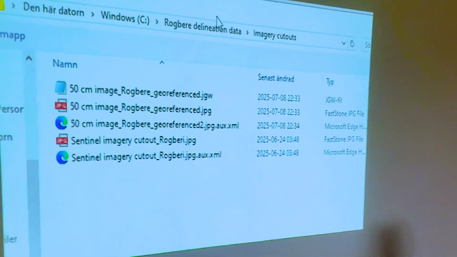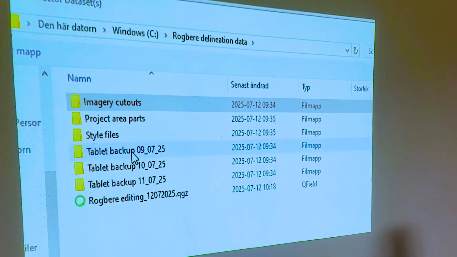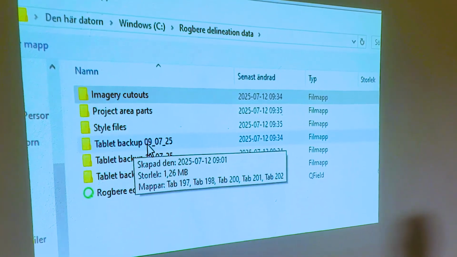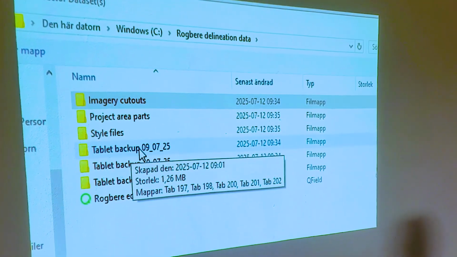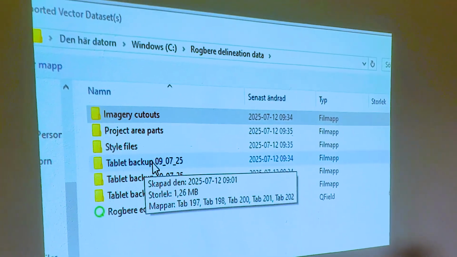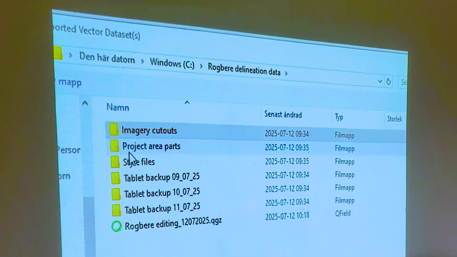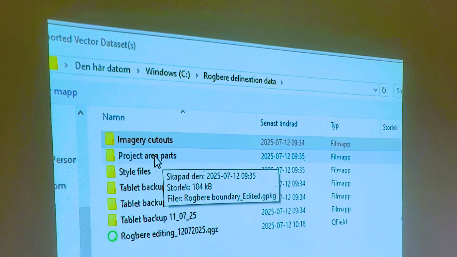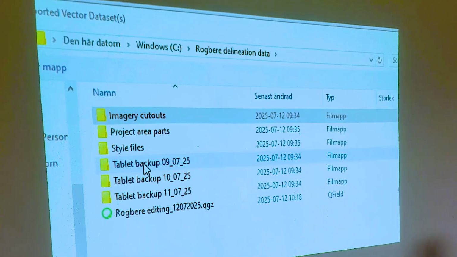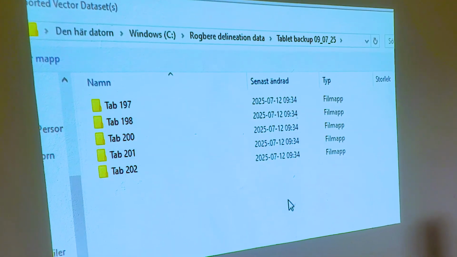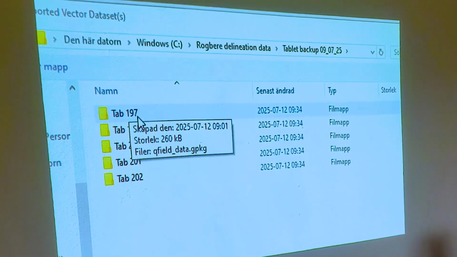And now I go to Robbery delineation data and let's see the first tablet. Not the first tablet, but the first day, the 9th, the Monday. No, sorry, the Wednesday. Do you have the image with the boundary cutouts, the red line? Yes, it will come, it's here. I will show it later. So it's in this direction. So I just click on this, and now I could go into each and every file and open it, but